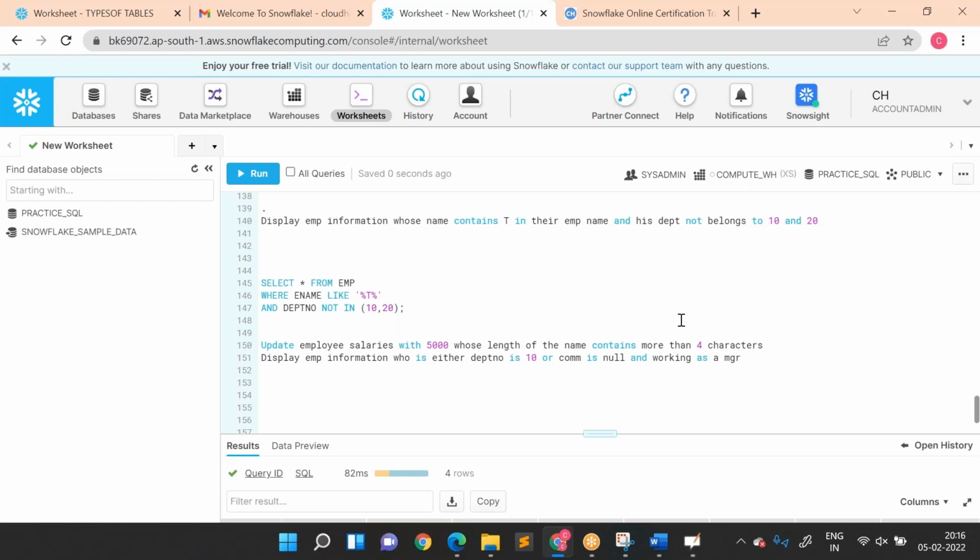Between we can't use. Why? Because here we have 10 and 20 departments, but there is no 11, 12, 13, 14. So we'll get the same output. But whenever we have 11, 12, 13, 14 departments, at that time between is going to give that